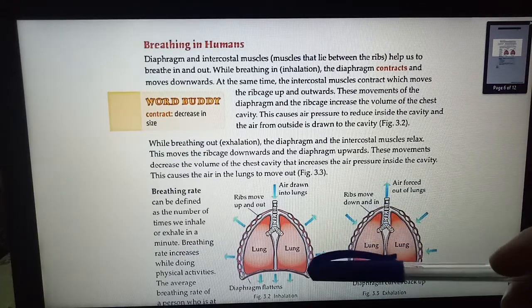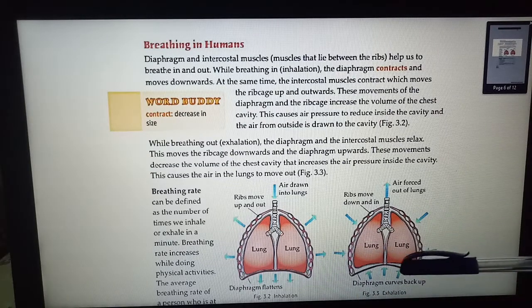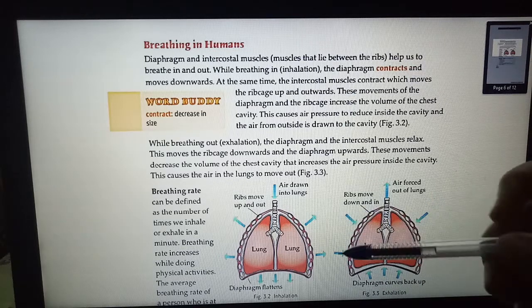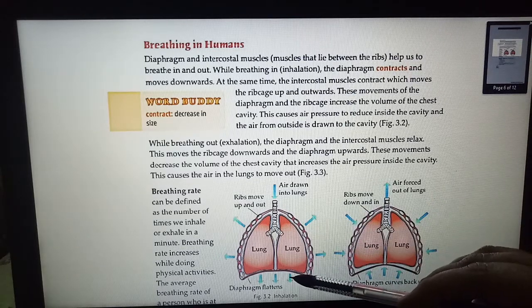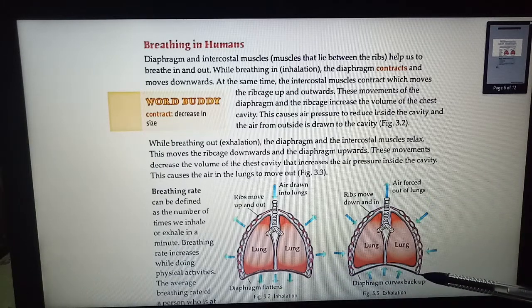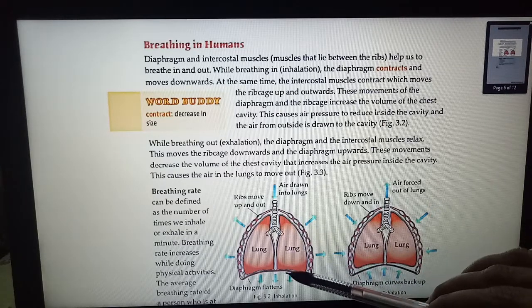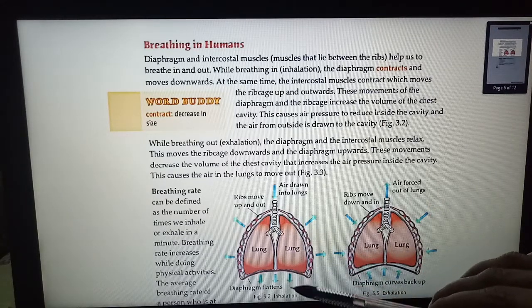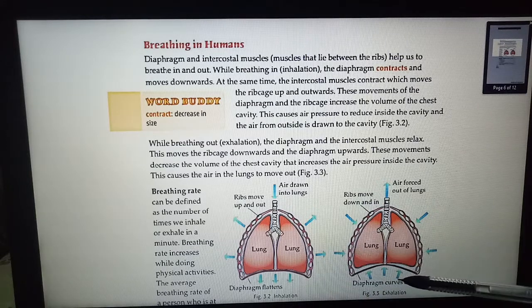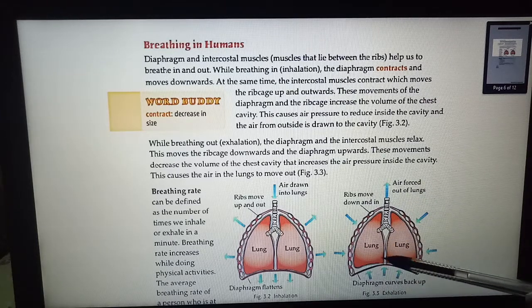As you can see in this diagram here, this is the diaphragm, this is a dome-shaped muscular structure. Can you see? Now when we breathe in, you can see this semicircular structure here, this is called the diaphragm. When you breathe in, the air is filled in the lungs, and this diaphragm moves outwards. Okay, and when we breathe out, the diaphragm contracts and the air goes out. Can you see this arrow? And the diaphragm here goes to this shape.